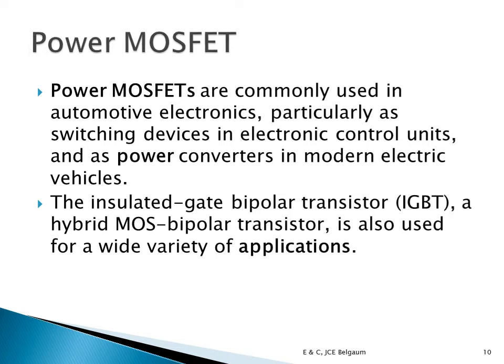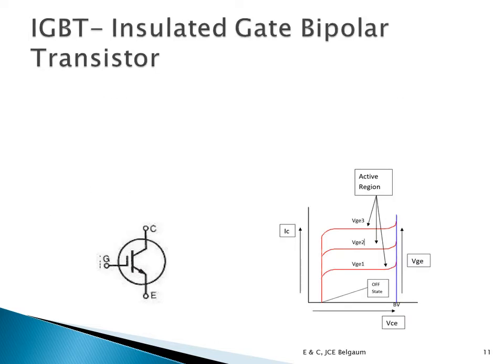And what is IGBT? It is in between the transistor and MOSFET. It takes the good qualities of transistors and also the good qualities of MOSFET, and it is a new device that is born: IGBT. It has been found that it is more popular than transistor and MOSFET in many applications. So this is the insulated gate bipolar transistor, that is IGBT.